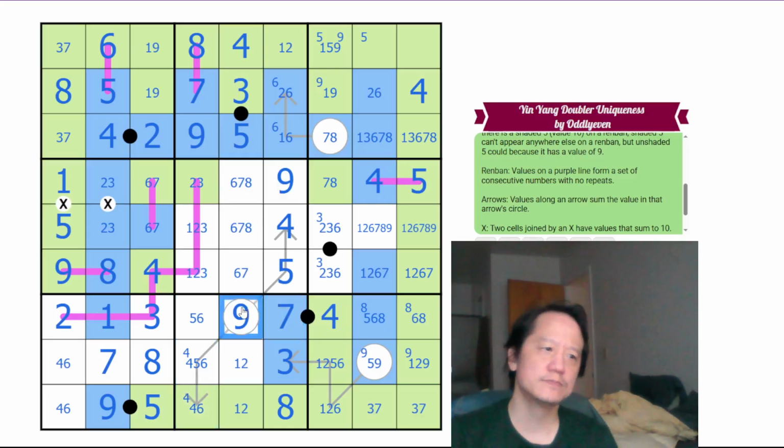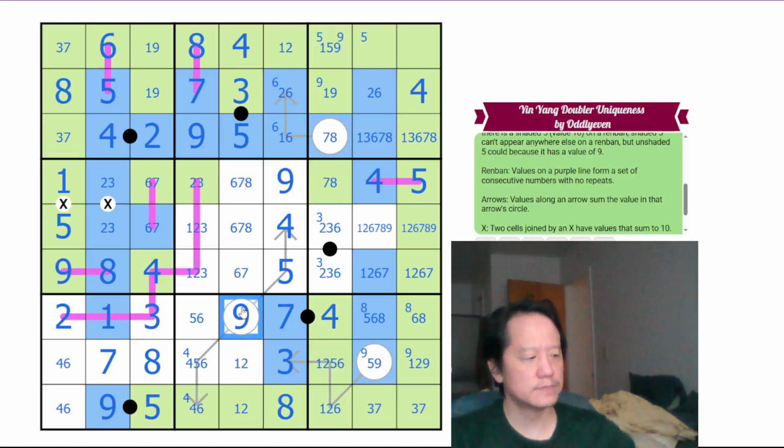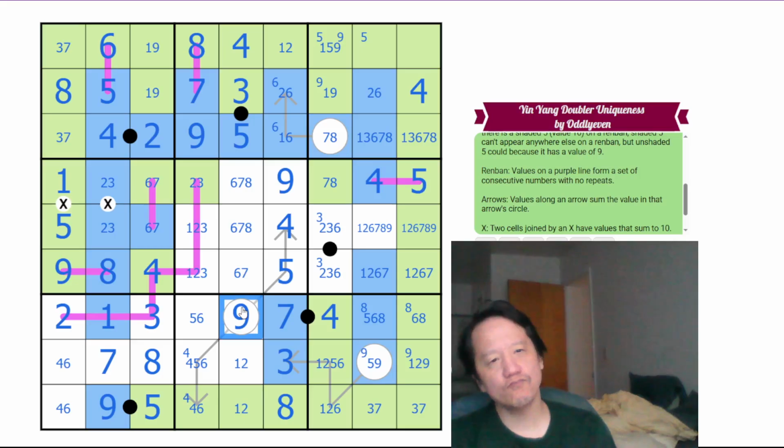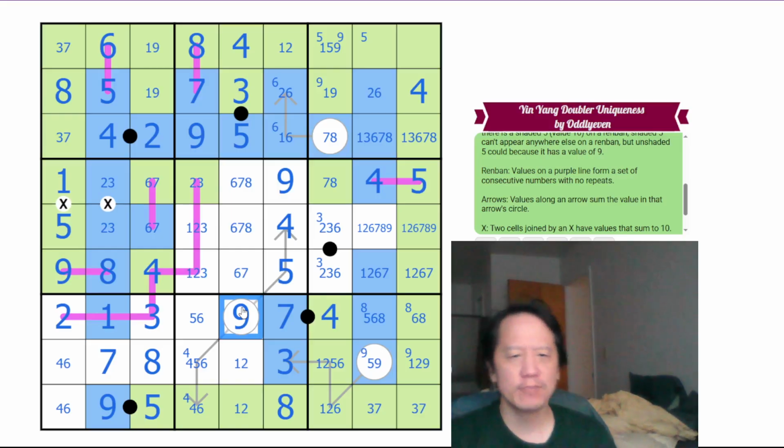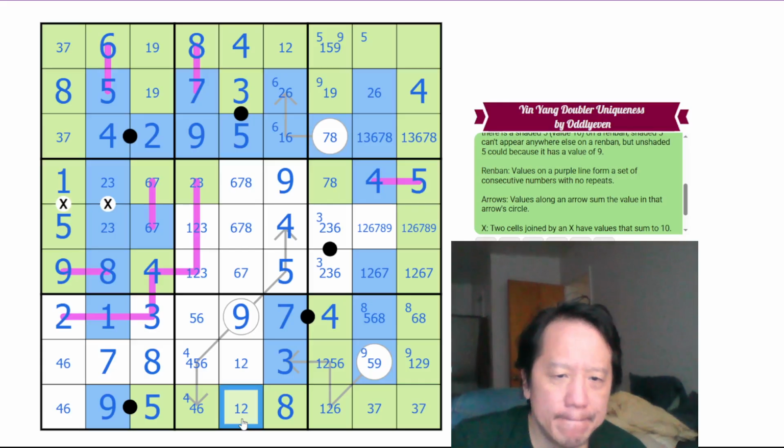Because otherwise it just doesn't make any sense, right? So if we have 9 unshaded,